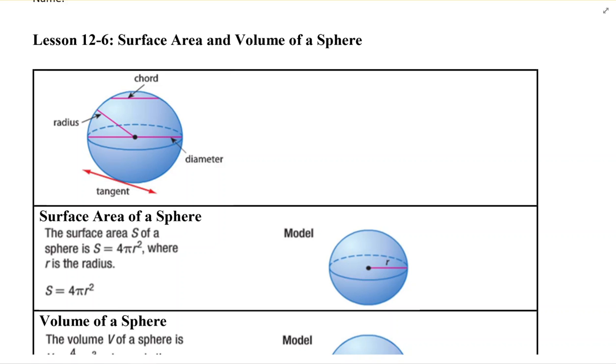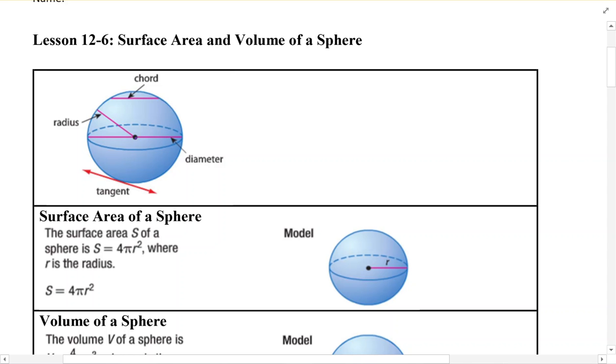Surface area and volume of a sphere. Lesson 12.6. We've gone over a lot of the terms for a sphere already. A chord goes through and attaches from one side to the other. The radius is measured anywhere from the center to where it touches the sphere. The diameter is a line that goes through the center of the sphere, or a chord that goes through the